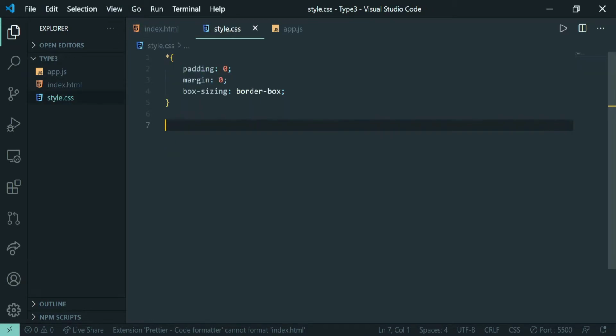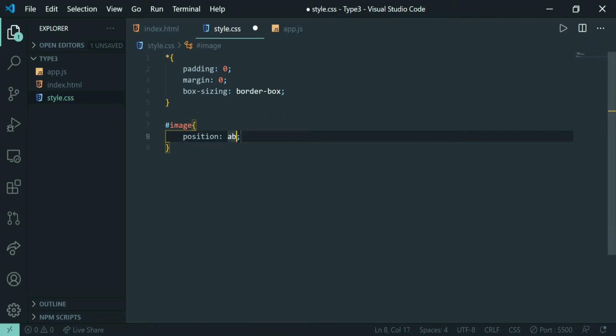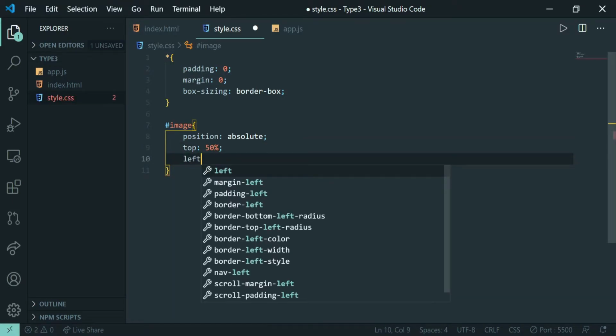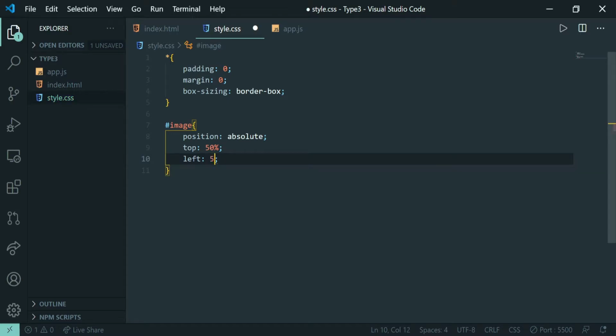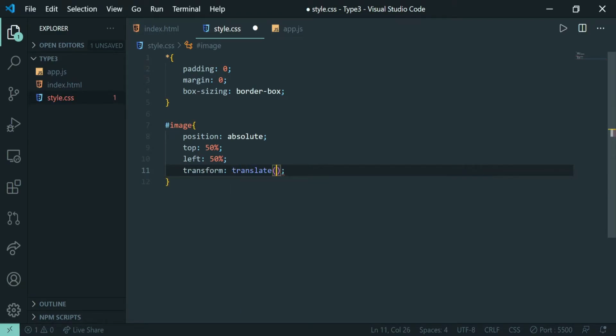Let us select the image and give it a position of absolute, top 50%, left 50%, and give this a transform translate of minus 50% comma minus 50%